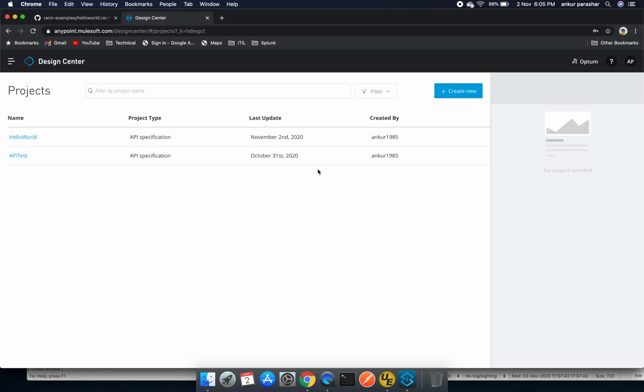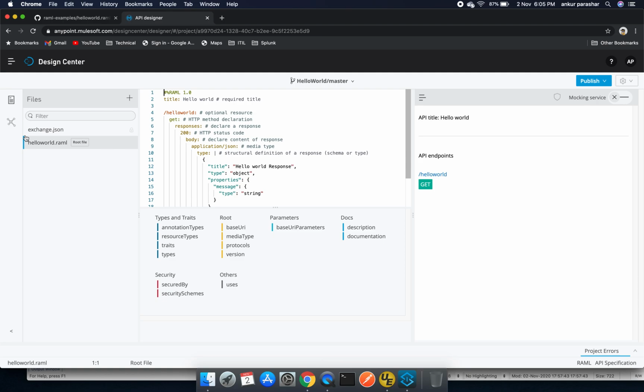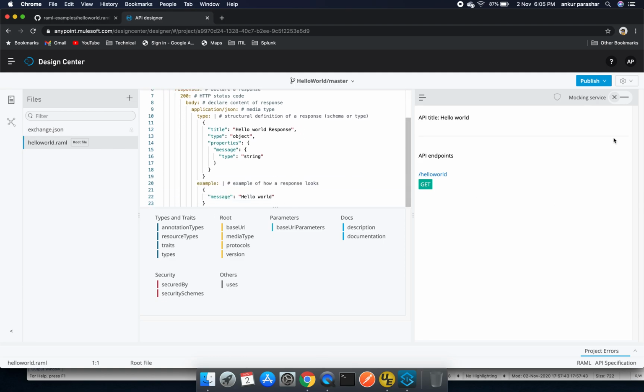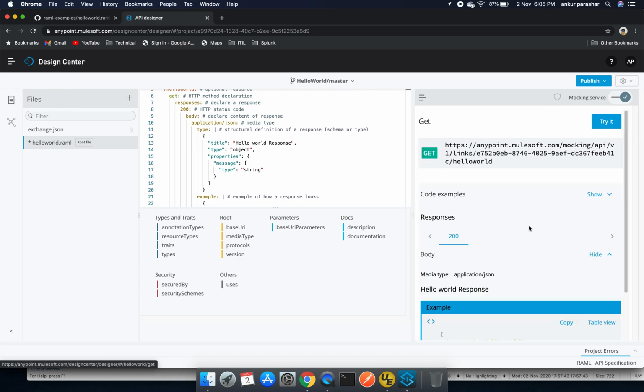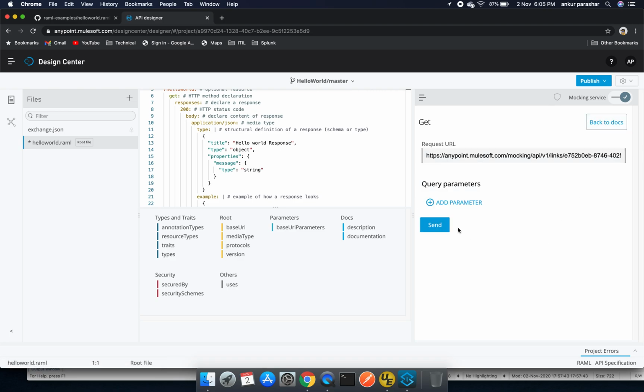So here you can see 2nd of November and the hello world is appearing. Let's quickly see what are the contents of this RAML. So pretty much the same, and if I enable this and click on this get button, we should be able to see the same response.